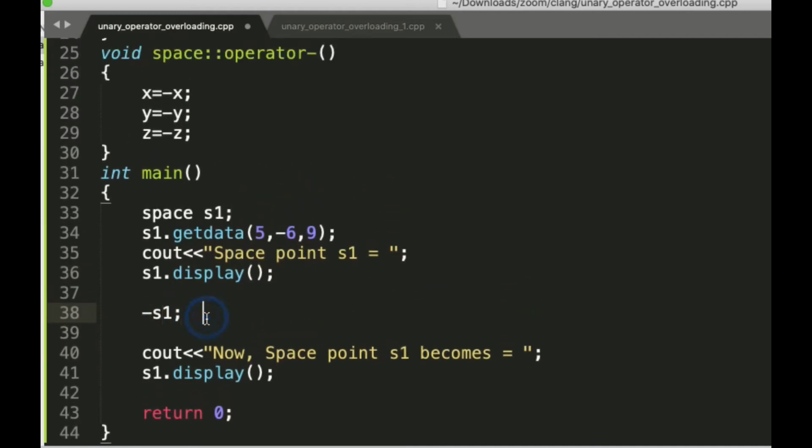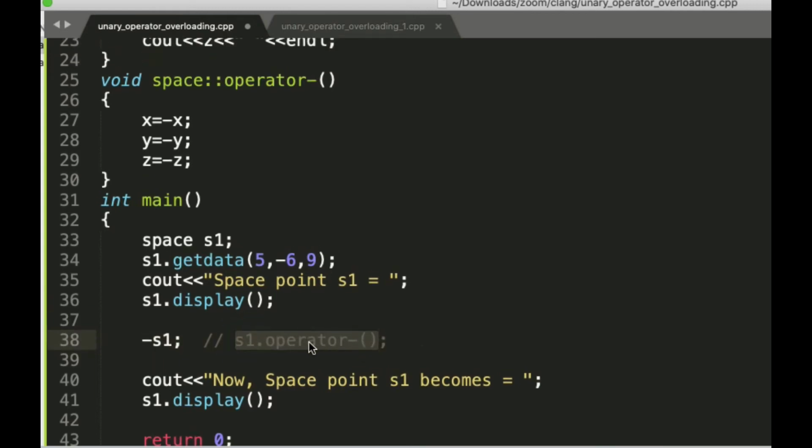The function is called as S1 dot operator minus. Whenever there is a minus S1, it is resolved at compile time as S1 dot operator minus. So whatever the operator minus function is, that will be called here.